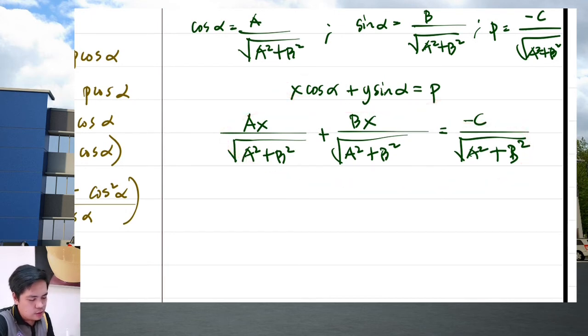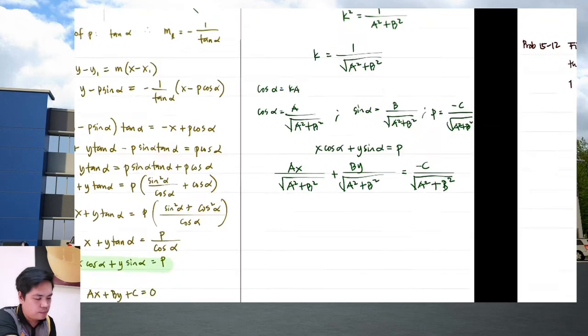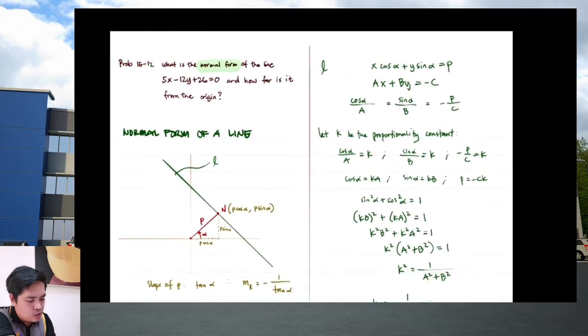Okay? So remember that a, b, and c, these are the coefficients, and c is the constant, diba? So a and b are the coefficients of x and y. Sorry, this should be by. Ayan, I'm sorry, ax. Okay. Now, to answer this problem,